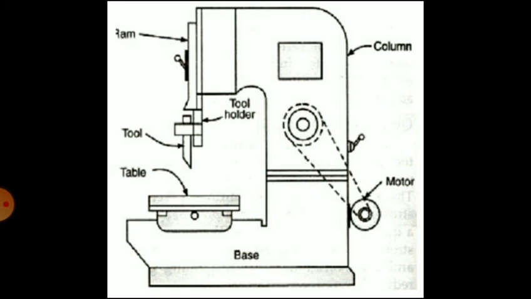Then the table can also be moved in a longitudinal direction, that is perpendicular to the reciprocating motion of the tool. And the third adjustment is that the table can be rotated through 360 degrees, or indexed at any angle. The rotary plus two straight line motions of the table permit easy machining of circular, convex, concave and other curved surfaces. Slots and grooves can be accurately spaced around a workpiece.